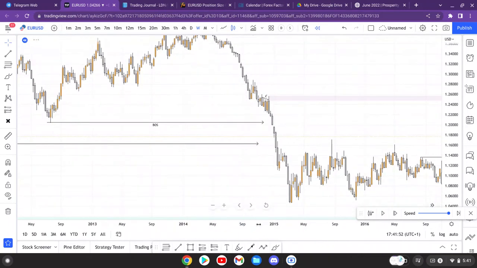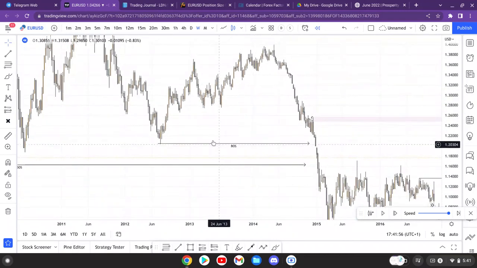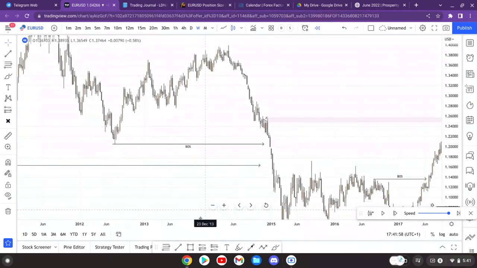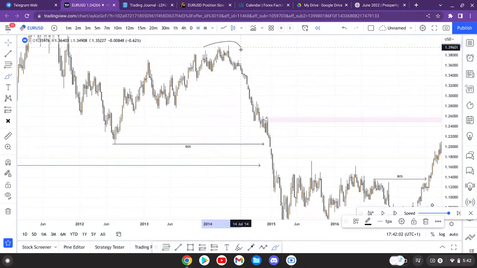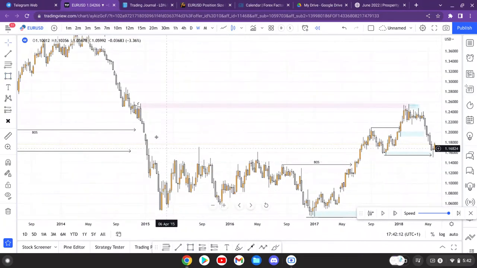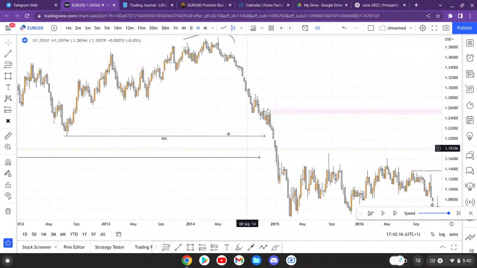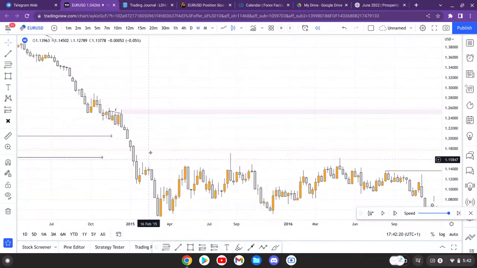Okay, so we know that this one here is more our major structure, but this is our internal, right? This high here was the high that caused that. So this is our protected high. This here is the last buy to sell that caused both of them breaks of structure, right? But another very important thing to add here